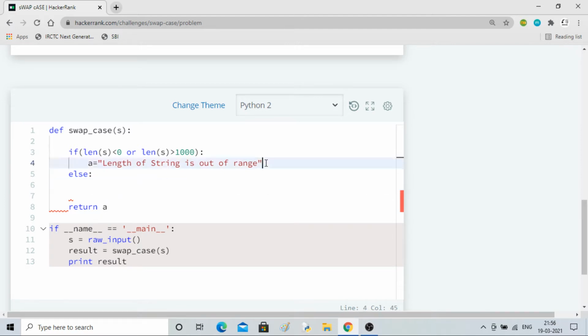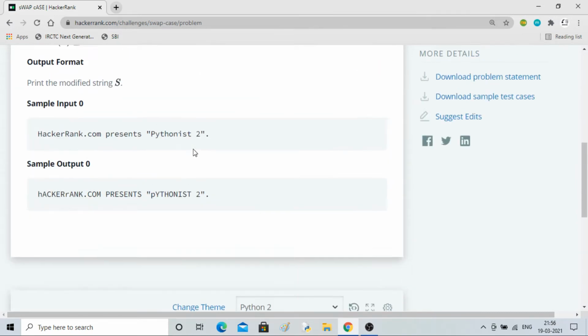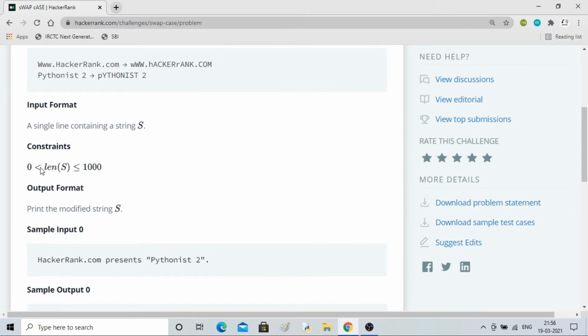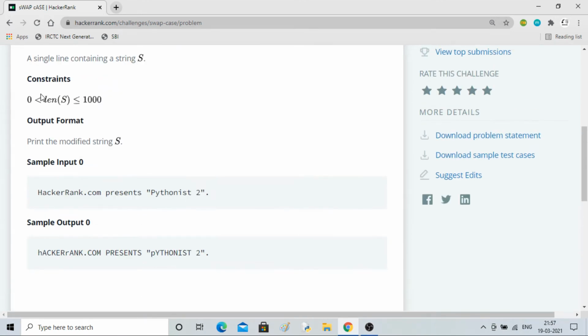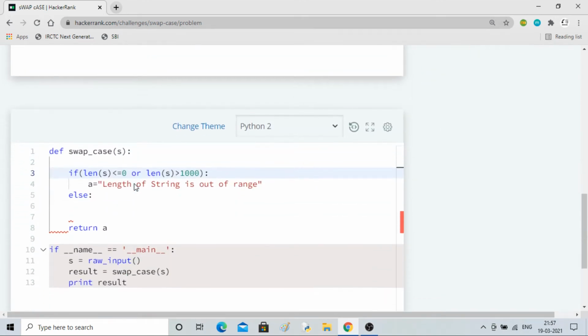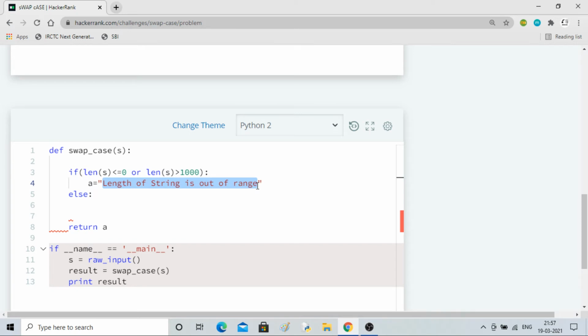So we have implemented this. What it will do is, if the length is outside this range, let me check. It has to be less than 0 and greater than 1000, less than or equal to. Okay, equal to is also not allowed. Here you can see, if the length is greater than 1000, then it should print "length of string is out of range".